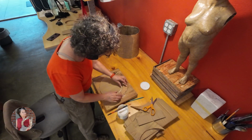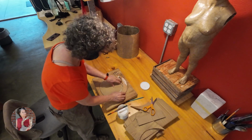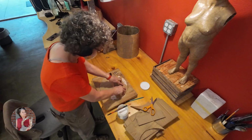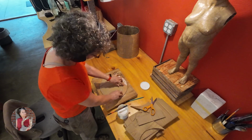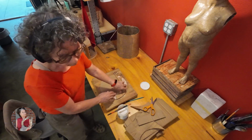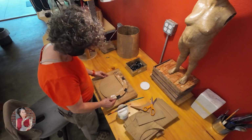I'm not the best at drawing. I'm sure I could be if I put more time into it. I don't really want to draw. I really want to sculpt. And so I don't spend a lot of time drawing. It probably would have been better if I had at this point, but I go back to the fact that